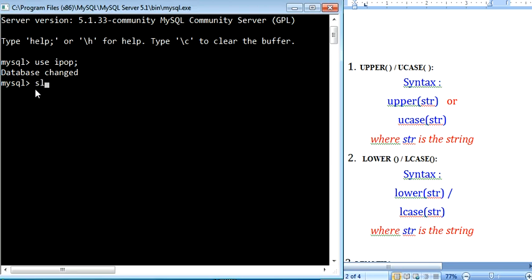So select followed by the function upper. To convert the given string into uppercase we can use either upper or UCASE. So let me try with upper, followed by the string on which you want to apply this. I am taking computer science as the word.